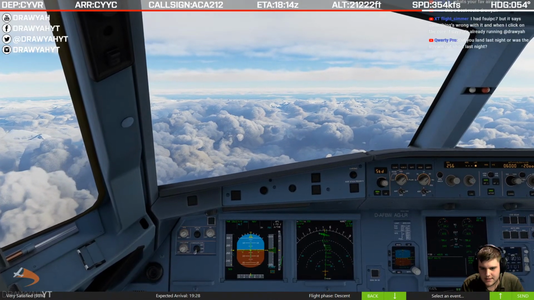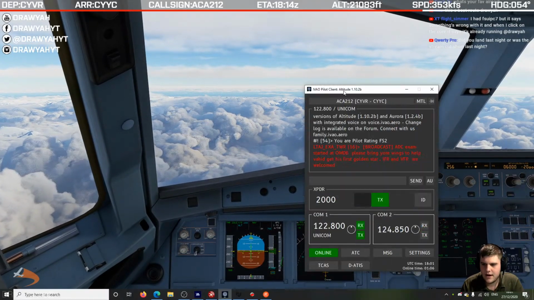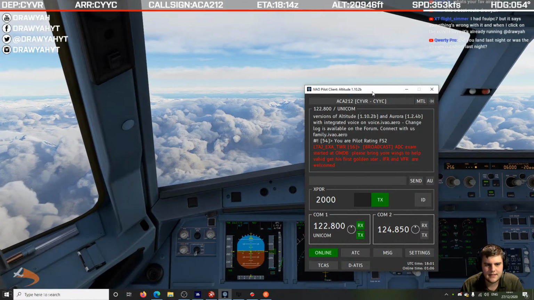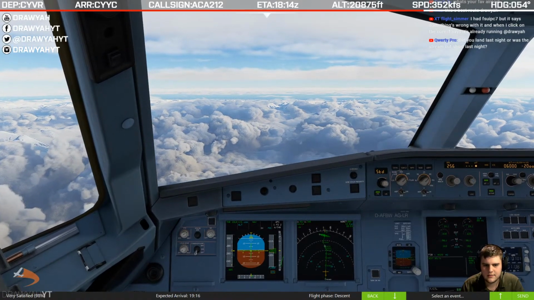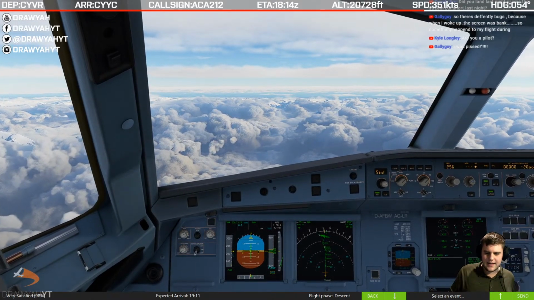Serious question for you for once. With this flight sim, can you take the air traffic controller role? Yes, you can, Matt. So I'm using IVAO for that, although alternatively you can use VATSIM. And basically, if you want to become the air traffic controller, it's just a case of install the ATC client. In some cases, it's a case of